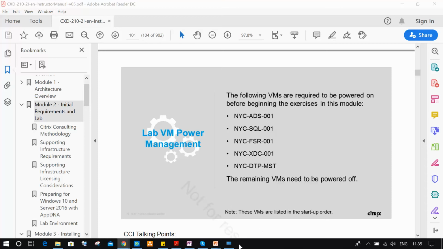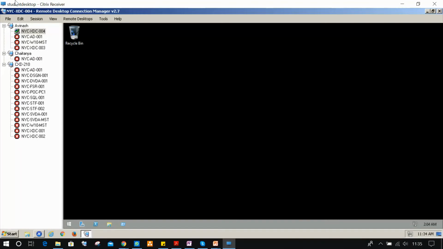And one more piece of information. For the student desktop also, when your work is completed, you can directly close the connection. That's it. Do not go to Start and Shutdown. Even for the student desktop, please do not shut down. Please directly close here. On the right side, we have a close option. We can directly close it. Please do not shut down.